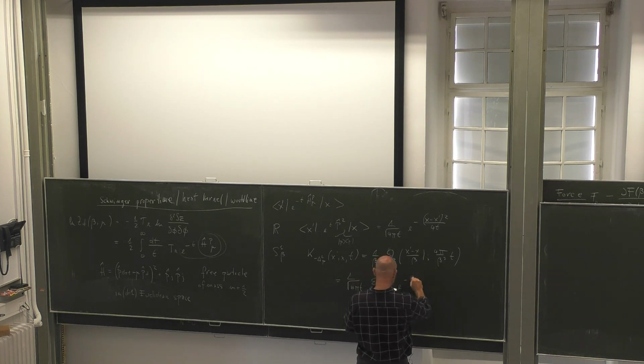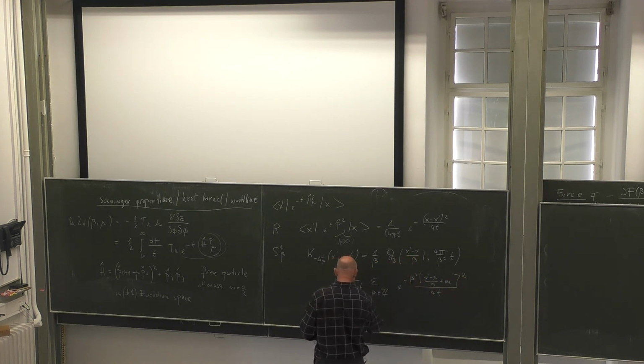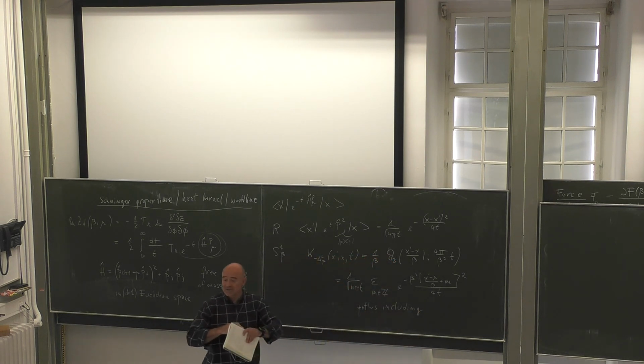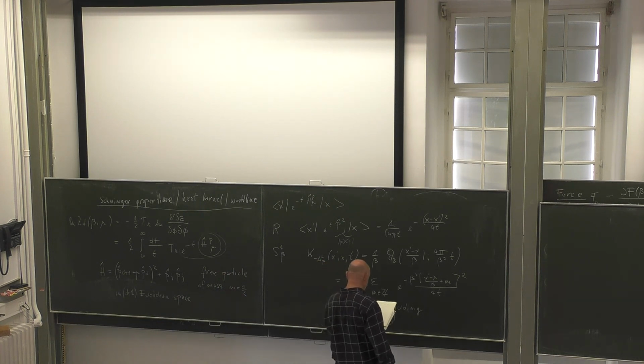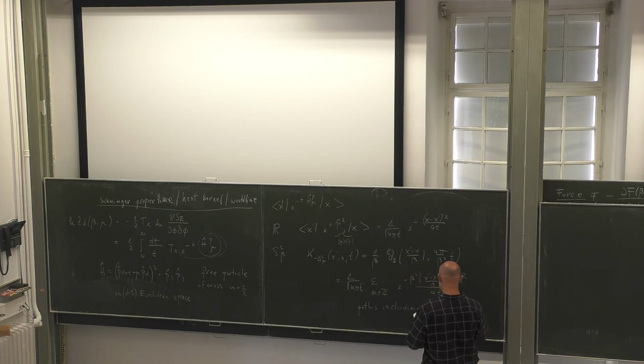But if you do it like that, you find x minus x' over beta plus m squared over 4t. So this is a computation that takes into account the paths that are satisfied, including the ones that wind. So it's really a path integral computation like you do when you learn path integrals in quantum mechanics, because it's not field theory, it's really a path integral for a particle. A path including those that wind around the circle.